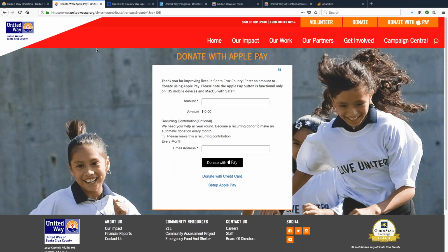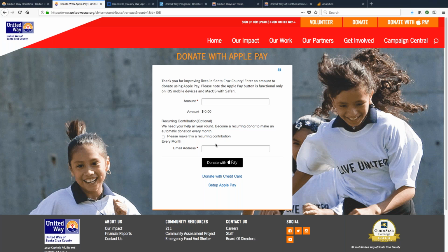Then another sample that I have is the Apple Pay option. Keep in mind that Apple Pay already has someone's credit card information in it. It has your name, your address, your credit card. All you're doing is putting your thumbprint on. You don't have to punch all that information in. The only thing you have to do is tell the amount.